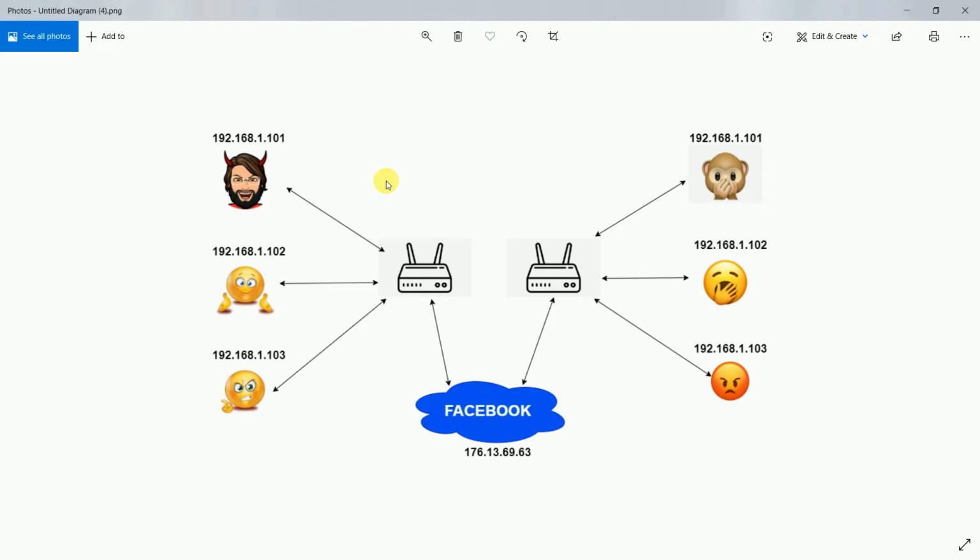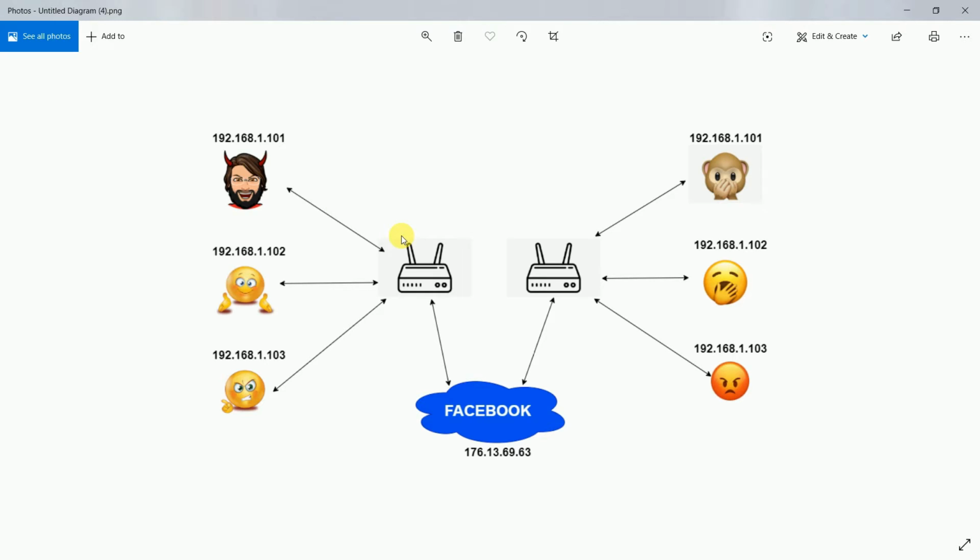So this problem can be solved, and one of the possible solutions you can think of, and I know it's coming to your mind, is that instead of your local IP address, you can give your public IP. I mean, you can just type what is my IP, and you can get the information about your public IP. Now, if you give your public IP here, these guys would be able to reach your public IP, but this router won't know whom to redirect the information to, this guy or this guy. So that's the problem.